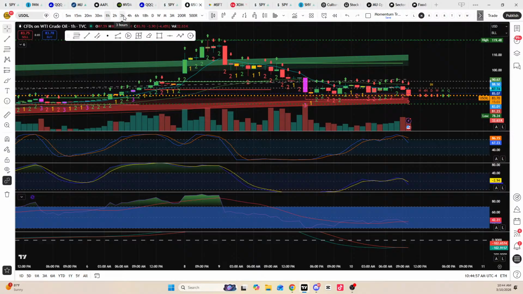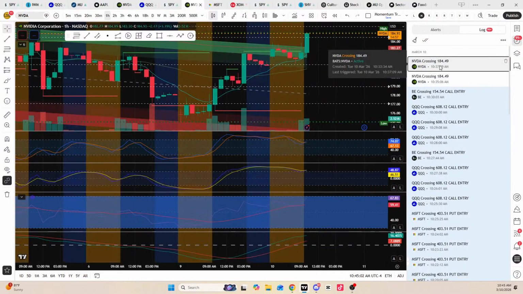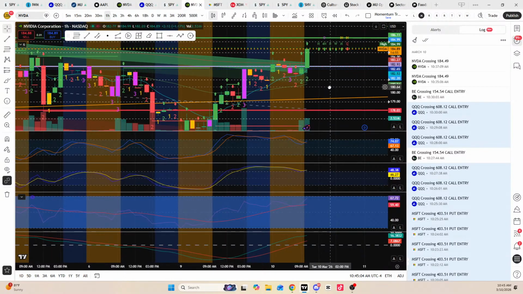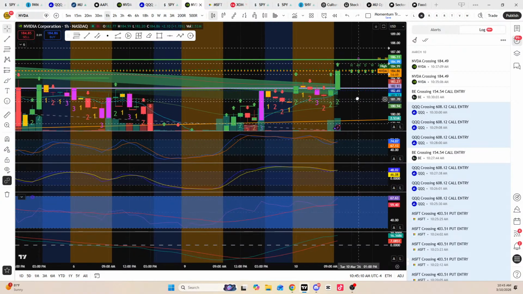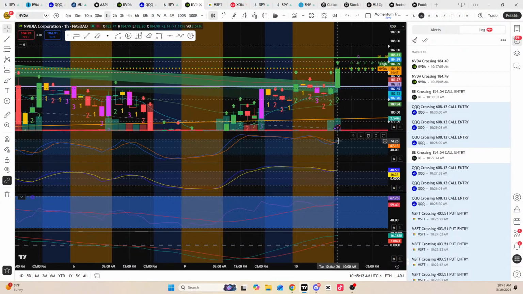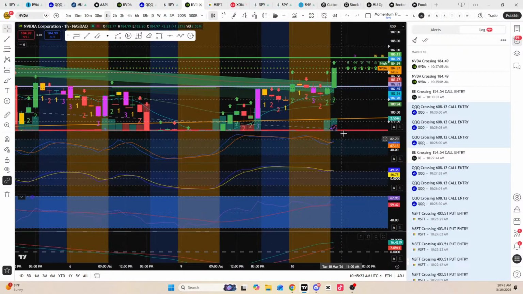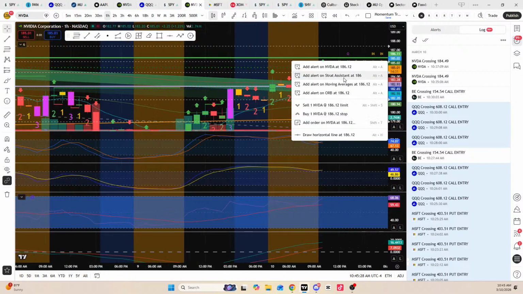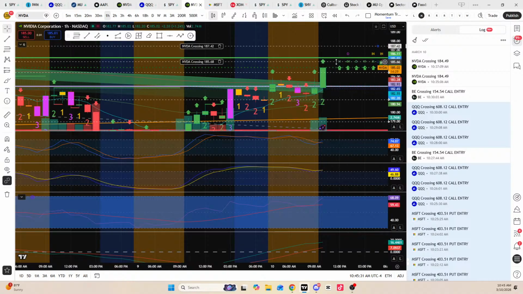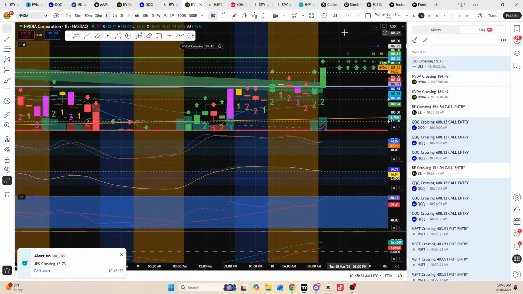Let's see what we got going on the price alerts. What's going on with Nvidia? Today is looking good. On the hourly, we're still holding strong short-term momentum. We had a crossover on the RSI on the hourly, and the KST is in positive territory. So Nvidia is looking really strong right now. We're more likely than not to get this push up to 186.12. I got an alert at 185.68, then 187.42.